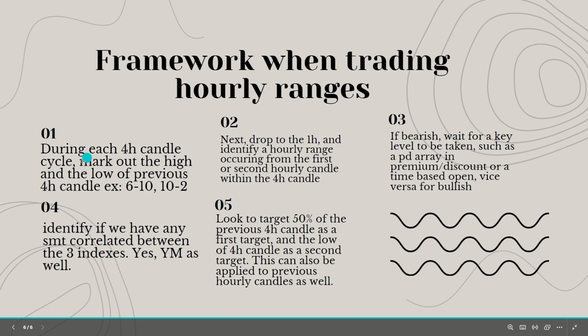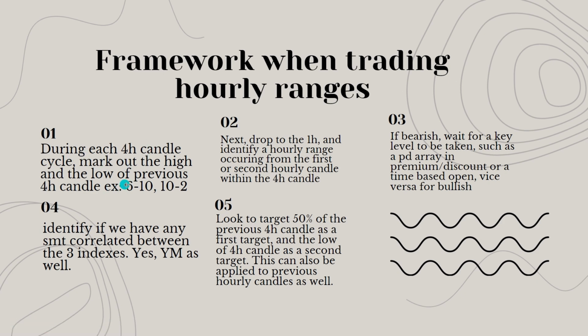So during each 4-hour candle cycle, mark out the high and the low of the previous 4-hour candle. Example: 6 to 10 and 10 to 2. So 6 a.m. to 10 a.m. and then 10 a.m. to 2 p.m. Next, drop down to the 1 hour and identify an hourly range occurring from the first or second hourly candle